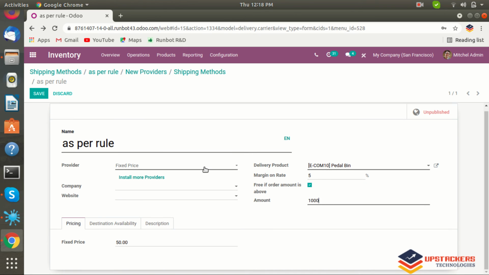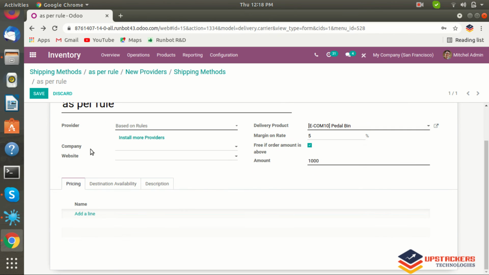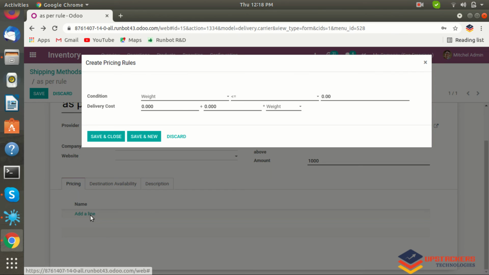Or here you can see another, based on rule. If you select provider as based on rule, here you can add any rule by clicking add line.